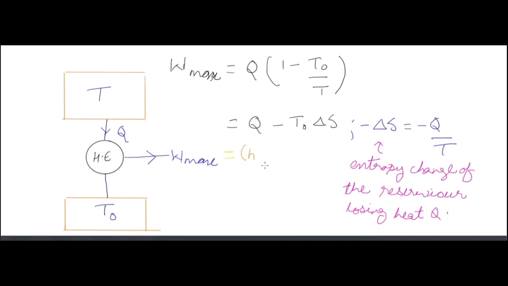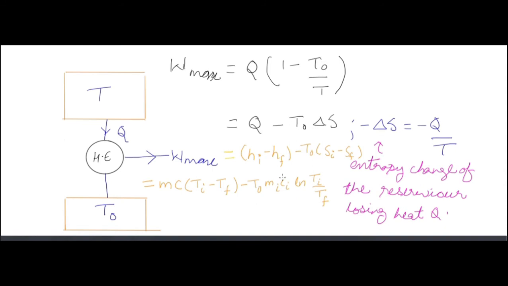Now this is for a heat engine. If you are given a question like a heat engine, use this. Now if you are given questions on gases, then we use Hi minus Hf, where Hi is the initial enthalpy and Hf is the final enthalpy. Similarly, Si is the specific entropy at the initial state and Sf is the specific entropy at the final state.